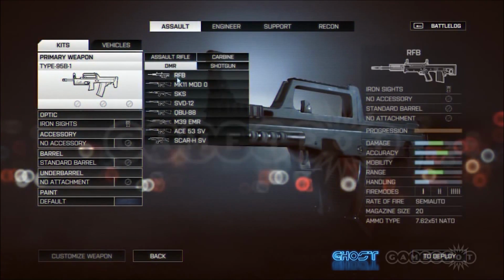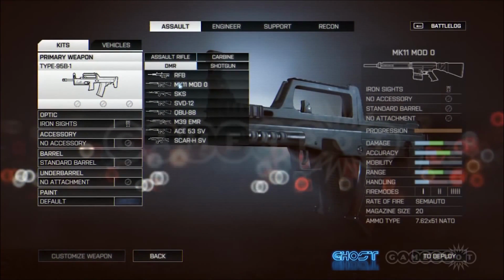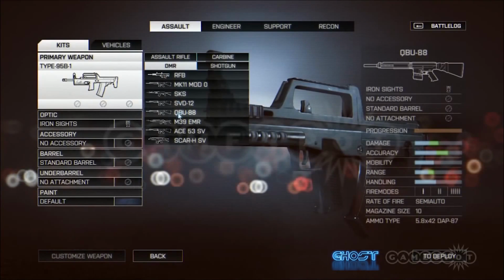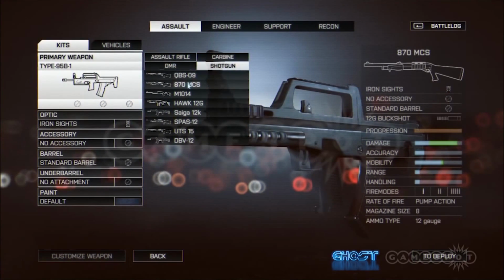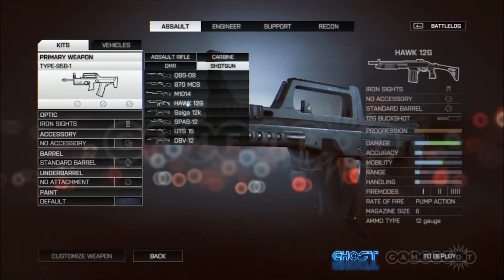So just to give you guys a heads up, as you know, a lot of the old gadgets and attachments from Battlefield 3 are coming back to Battlefield 4, and they remain for the most part pretty much unchanged. So I'm not going to be covering those. I'm going to be going over the new gadgets and attachments, and I'm also going to leave the weapons for